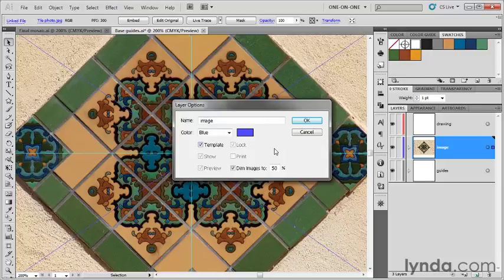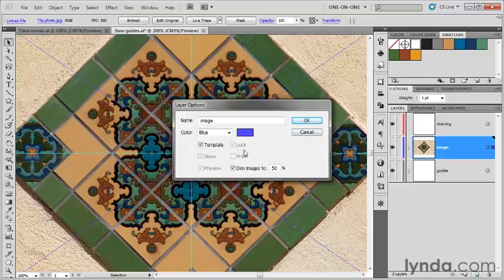And the idea is this: when you turn on template, you convert this layer into this special thing that remains visible even when you switch to the outline mode. So remember that outline mode where you just see the path outlines and you see through all the paths. You don't see any fills or strokes, but you will see the image in the background so that you can